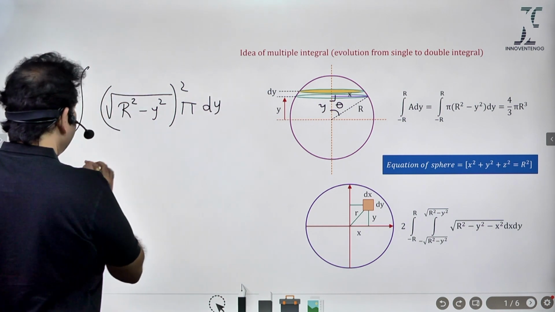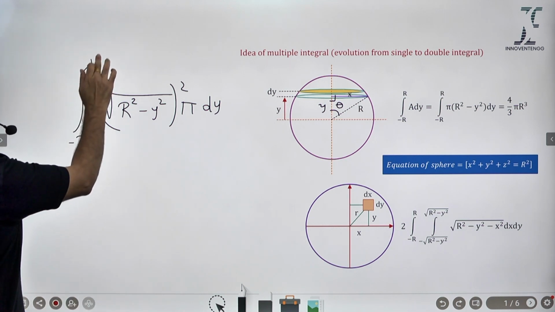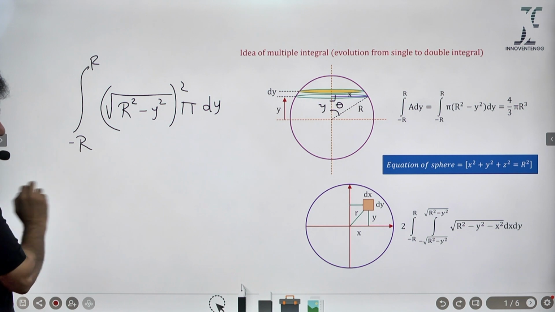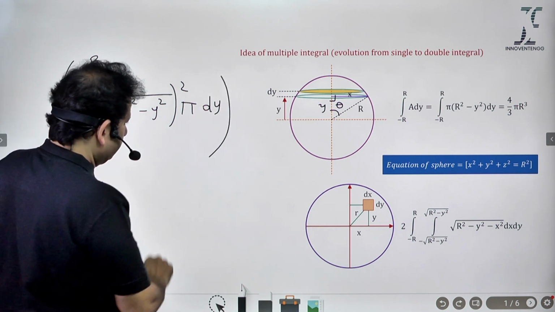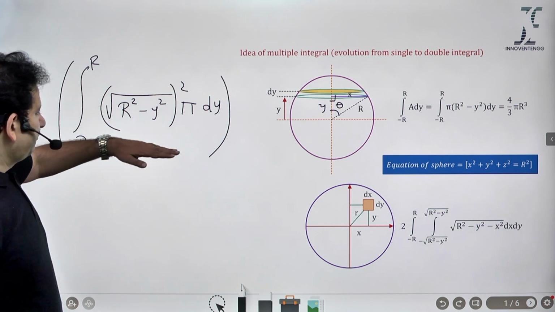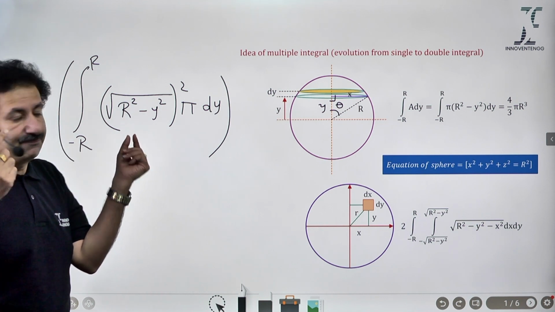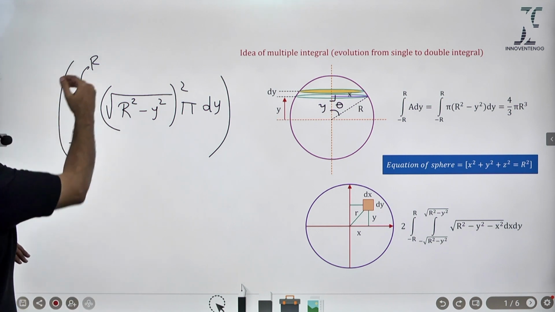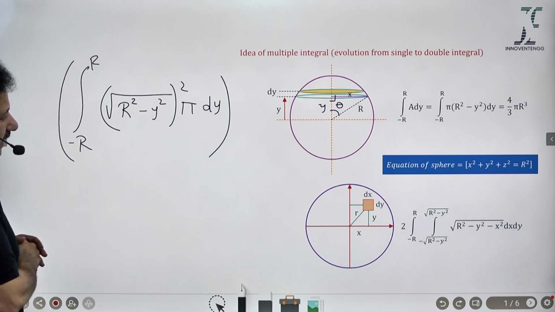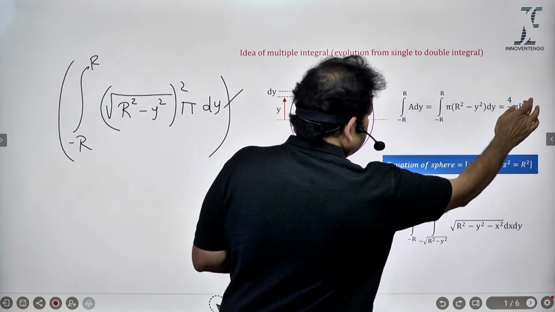So, what could be the limits? Let's say that it is from minus r to r. Otherwise you can exploit the symmetry and say 0 to r and then double it. So this gives you the volume of the sphere. The point of observation here is that this integral is expressed in terms of only one variable. That means the limit that you are going to choose is with respect to only that particular variable, and therefore it is just one single integral that would give you the volume of the sphere, which is 4 by 3